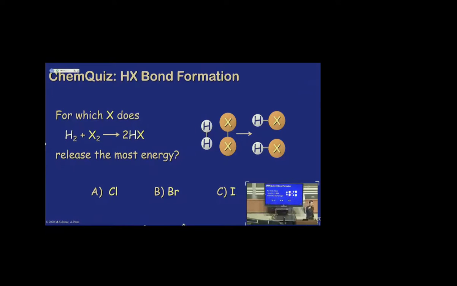I could have written it like that, right? But instead I drew the picture, emphasizing these bonds and these bonds, okay? So why is that exothermic? How would this reaction proceed? Well, in some sense, you have to break those two bonds and make those two bonds. So that's a first approximation to how that reaction might go. So the first step, the breaking,